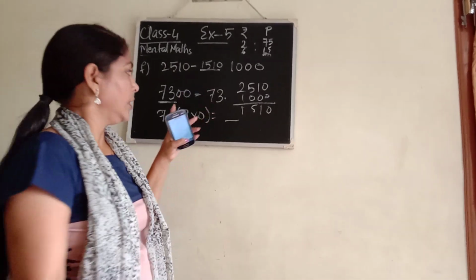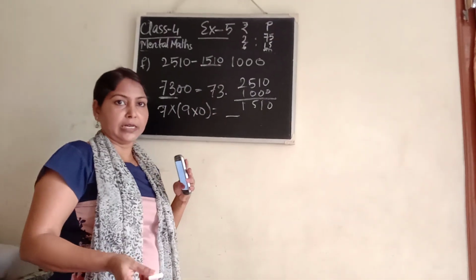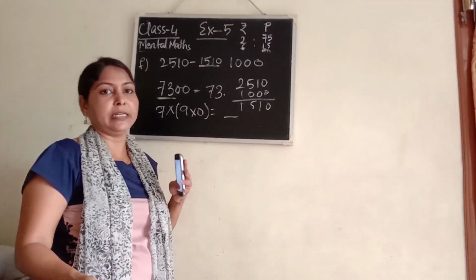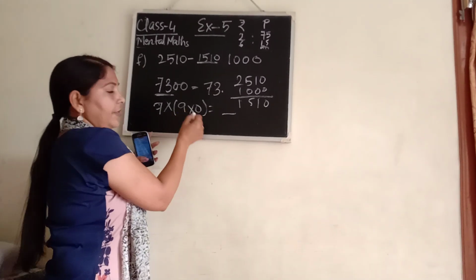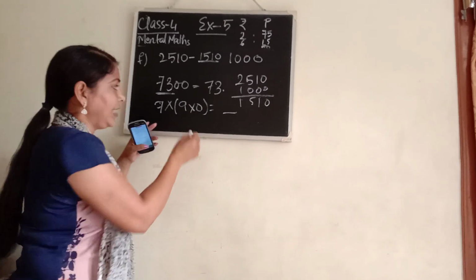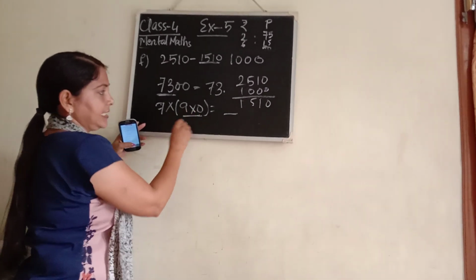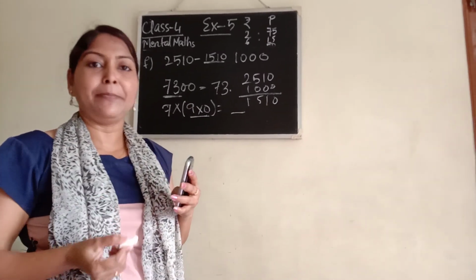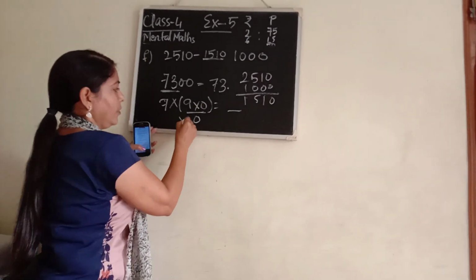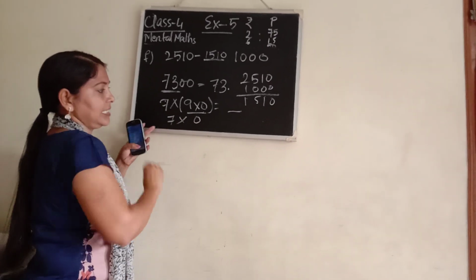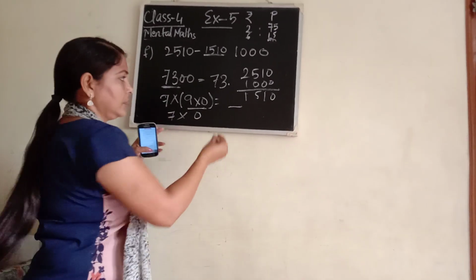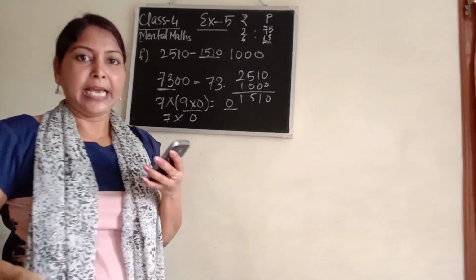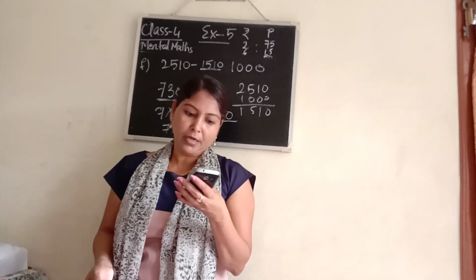Now we know according to BODMAS, which I think has been introduced to you in class 3. When we have to do this kind of sum, first of all we have to calculate the bracket one. So 9 into 0, any number when we multiply by 0 is 0 only. Okay, then we are going to multiply by this number. So again 7 into 0, ultimately the answer is 0. Any number multiplied by 0 is 0. Then the next question, it is simple addition, 2099 plus 11.